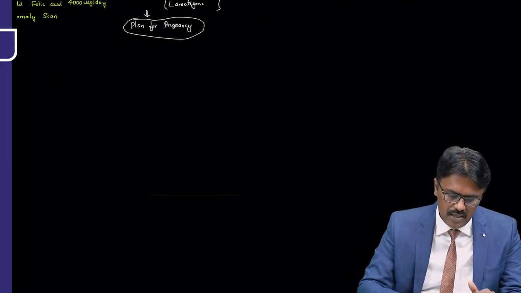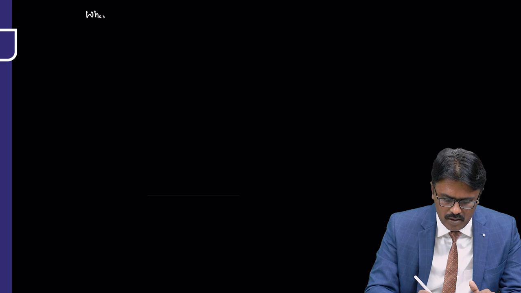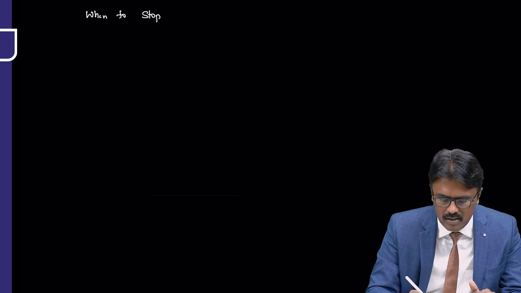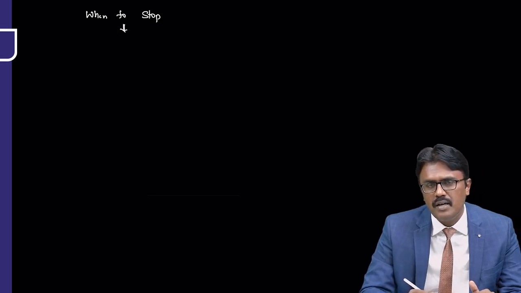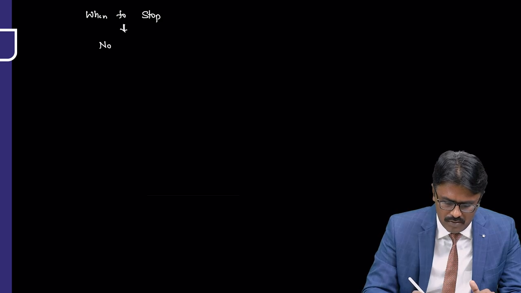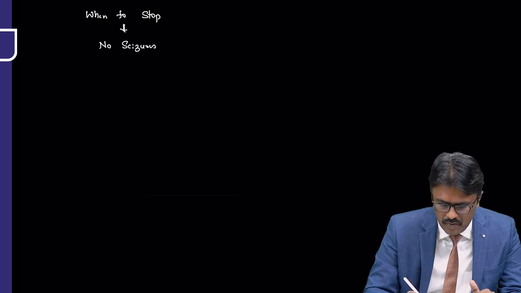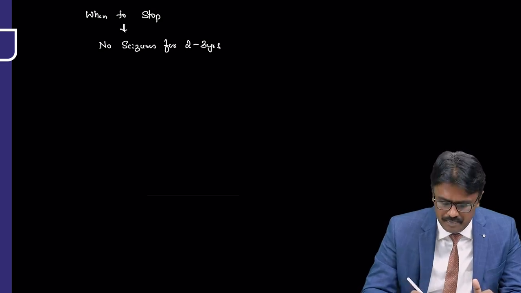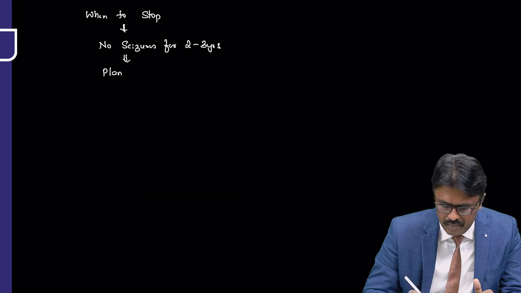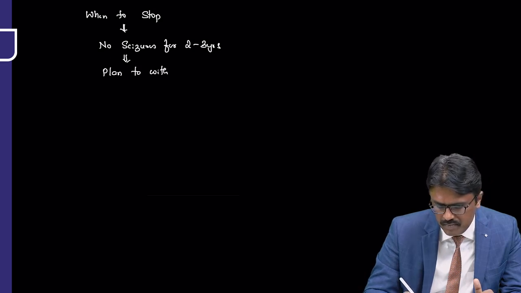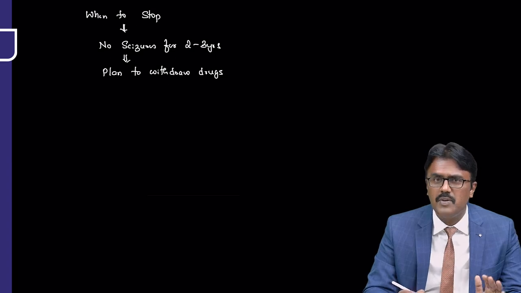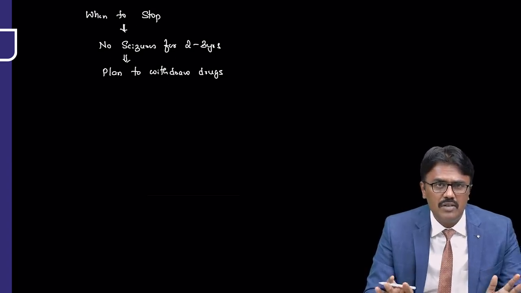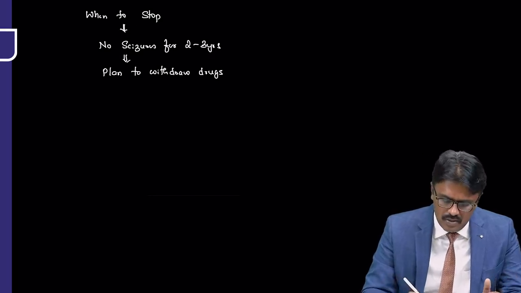Now, another application is when to stop anti-epileptic drugs. Suppose the patient is taking the drugs. Should we stop is the question. If there are no seizures for 2 to 3 years, then you can plan to withdraw the drugs. Now the withdrawal should not be abrupt. Suppose the patient comes and tells you, sir, for 3 years I don't have seizures, you don't tell them to stop tomorrow. No. So you have to